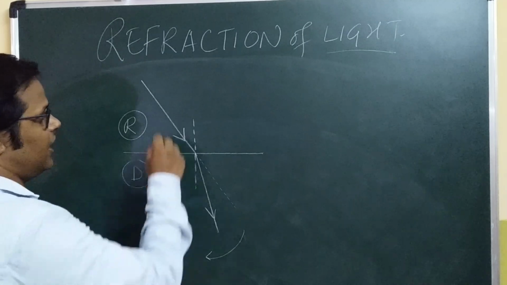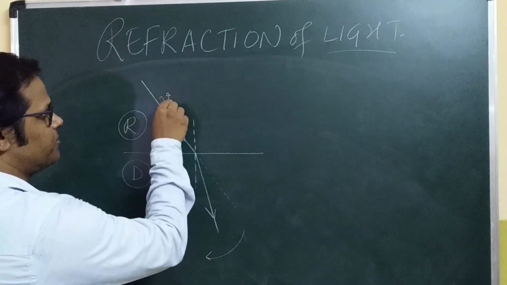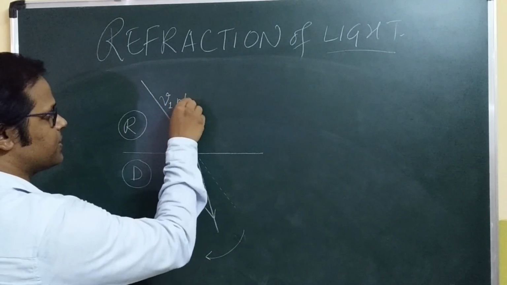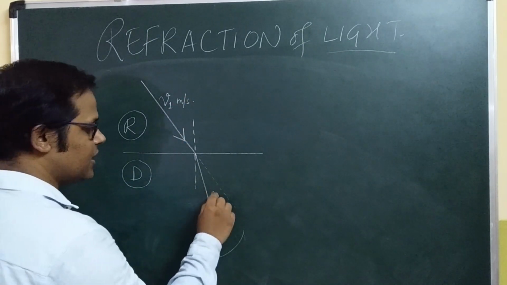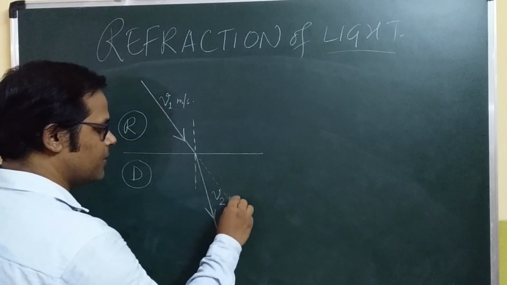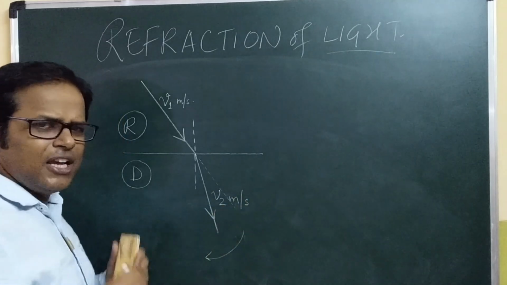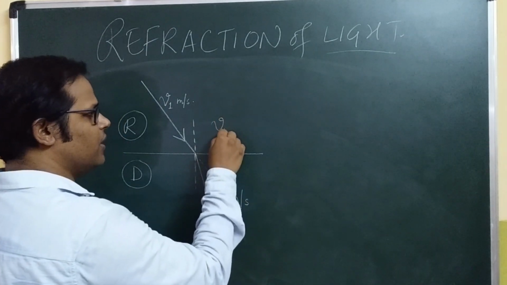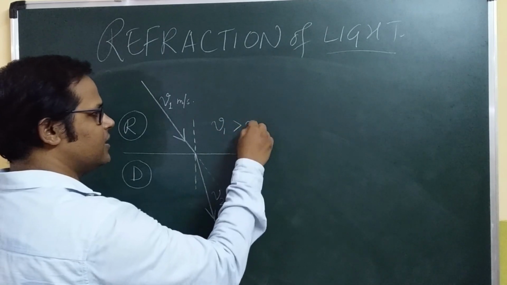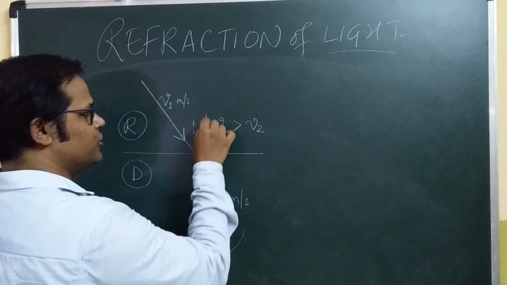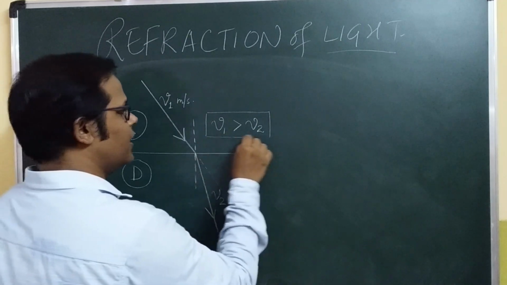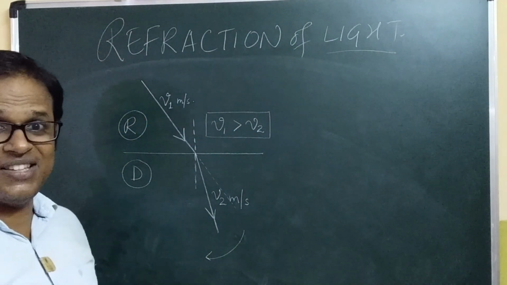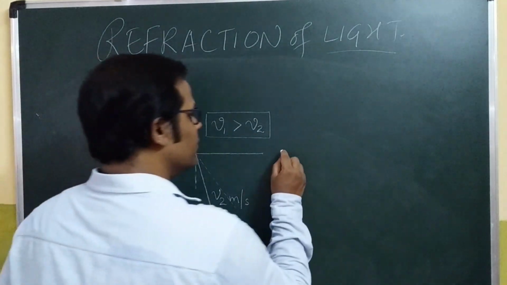So I mean to say, if the speed of light in the first medium would have been v1 meters per second, and the speed of light in the second medium changes to some other number called v2 meters per second, it would be very easy for you to classify that v1 has to be numerically greater than v2. This is the way to understand the change in the speed of light. On the other hand,